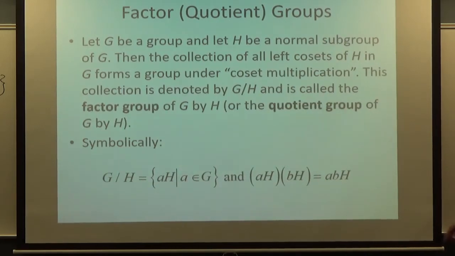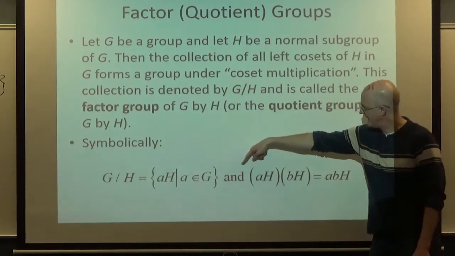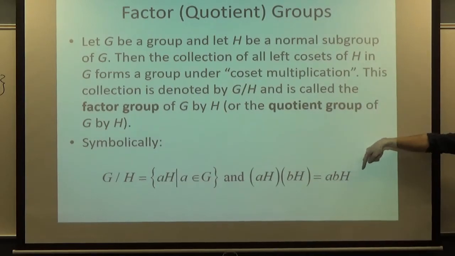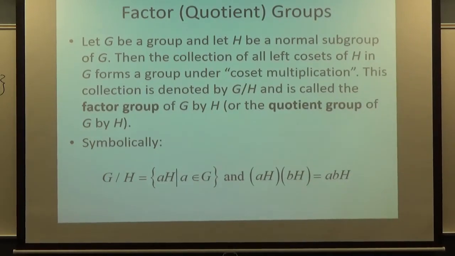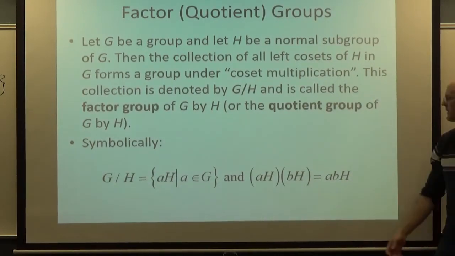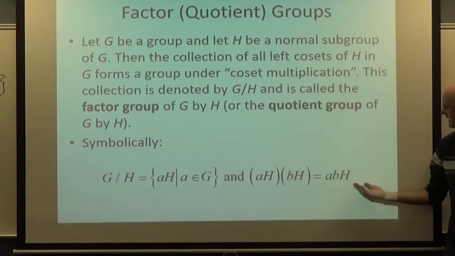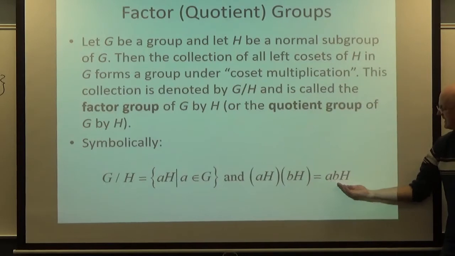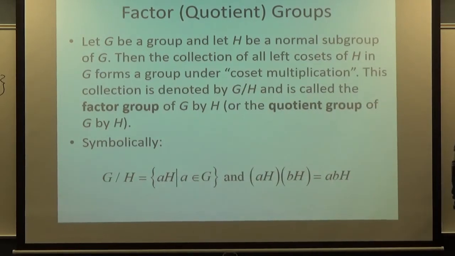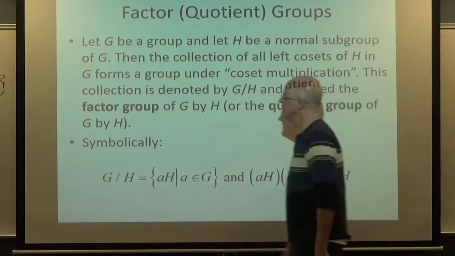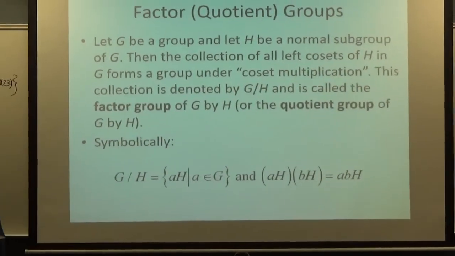Symbolically, there is what it is as a set. And here's how you do the coset multiplication. You want to multiply two left cosets, aH and bH. The result is another left coset of H in G. It's abH. Or in additive notation, if your group operation is addition,